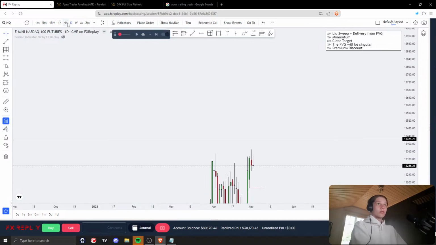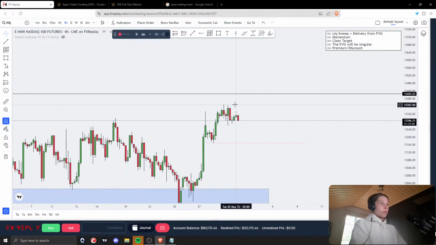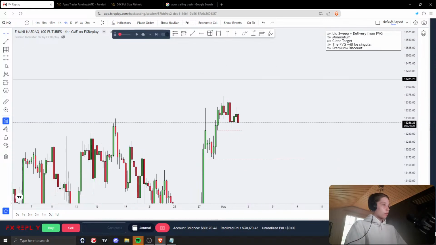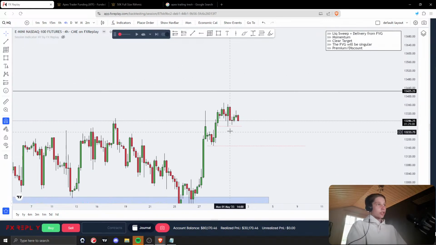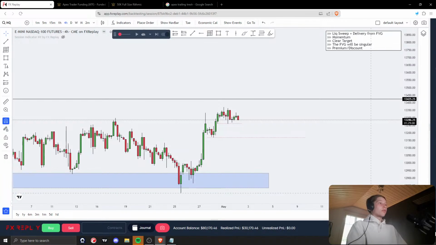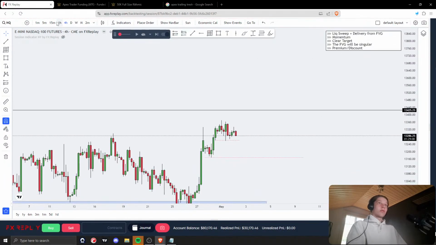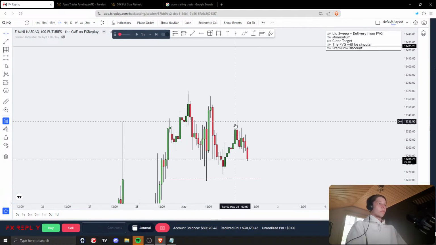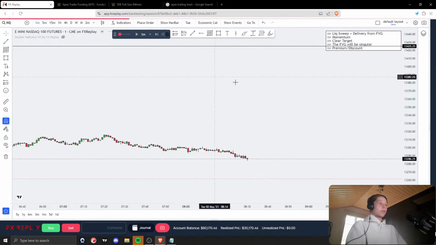So let's see. 4 hour. There's not only this, but there's also this, and that technically got swept, but I think market could want to take it once more because it's a shallow sweep. You can see it almost looks like equal lows. We're delivering from this hourly, so